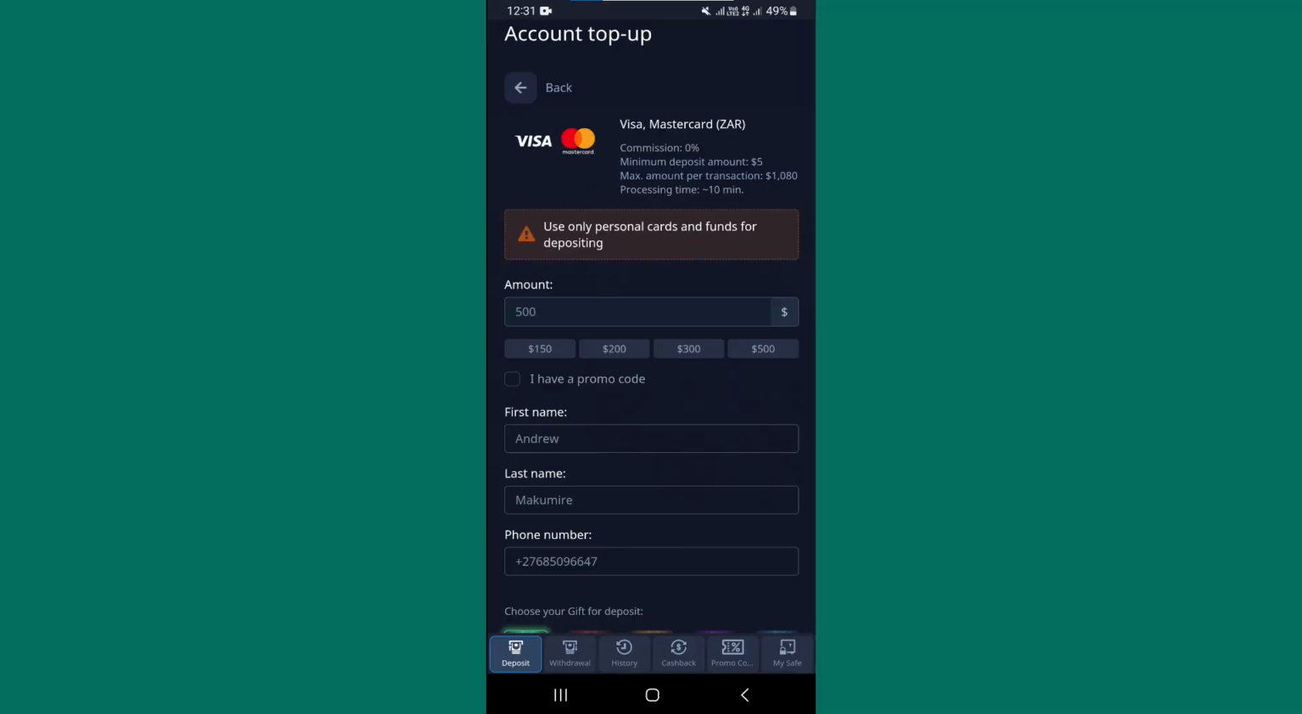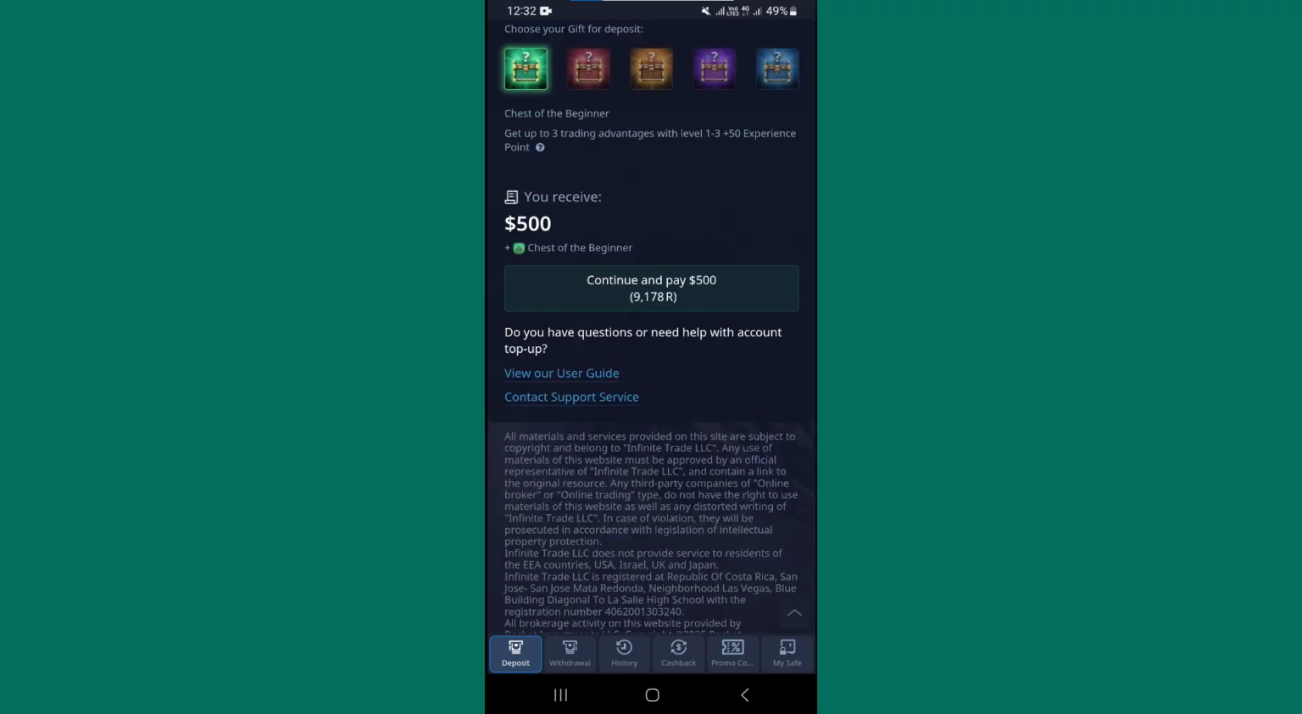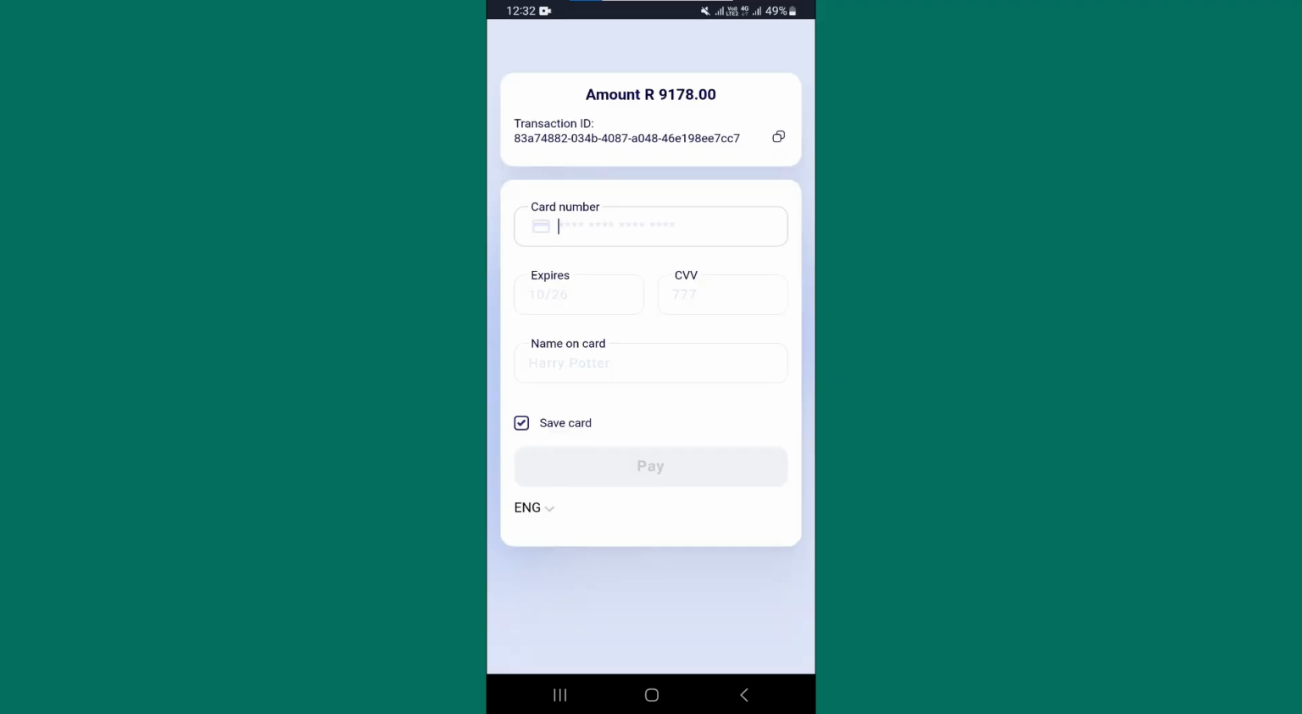Enter the amount you want to deposit, for example, $100 or $500, then scroll down and click Continue and Pay. On the next page, enter your card number, expiry date, CVV, and the name on the card. Click Pay, and once the payment is processed, your Pocket Option account will be